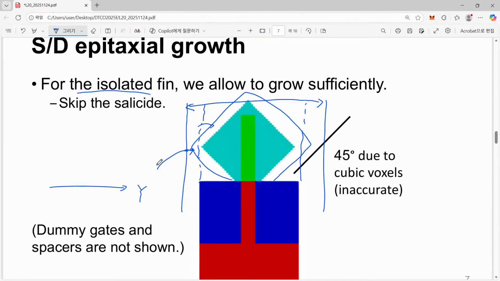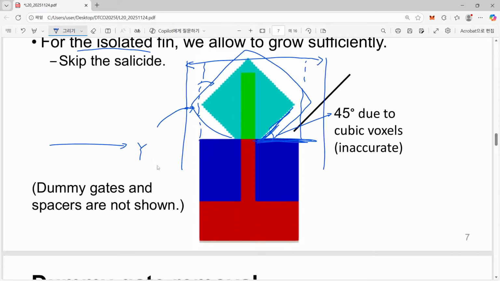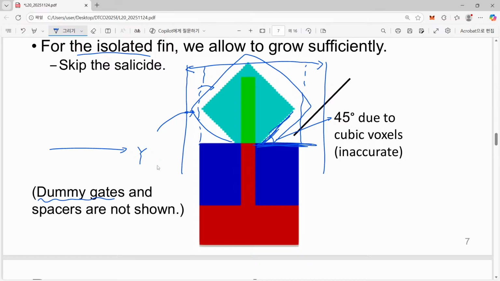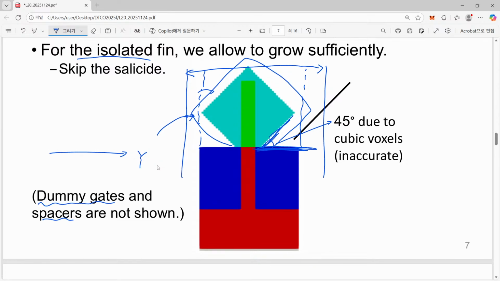And as I told you repeatedly, in this program you can have this 45 degree angle between the STI plane and this face. This becomes just 45 degrees due to cubic boxes, and that is inaccurate. In reality, the angle is slightly steeper, more than 50 degrees, but this is the limitation of our current implementation. Of course, in this case, dummy gates and spacers are not shown intentionally, and also we